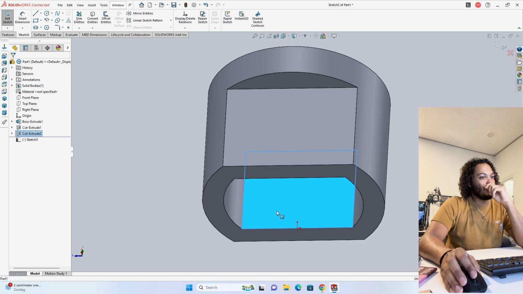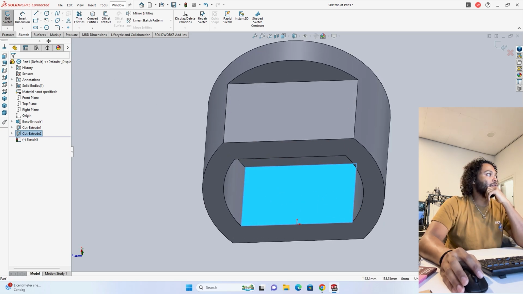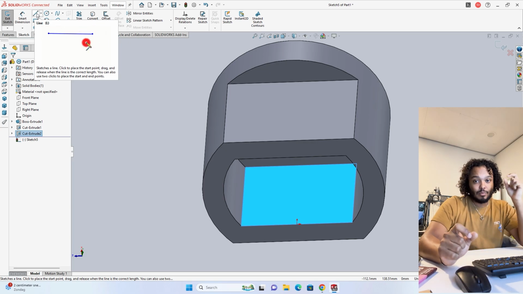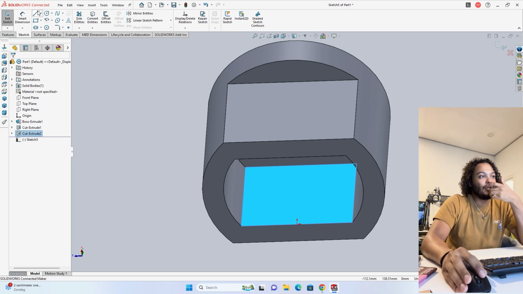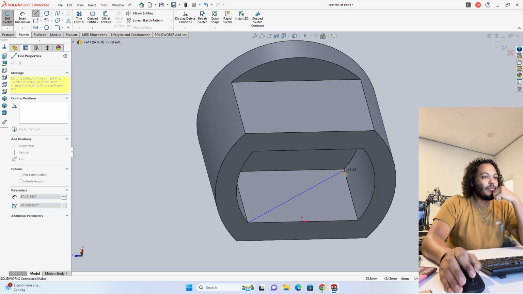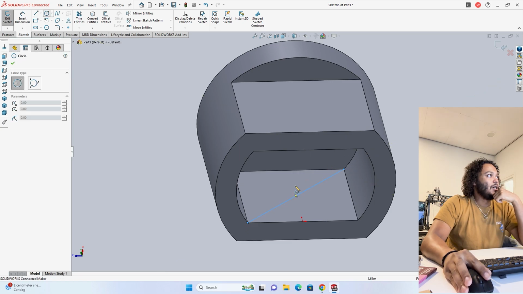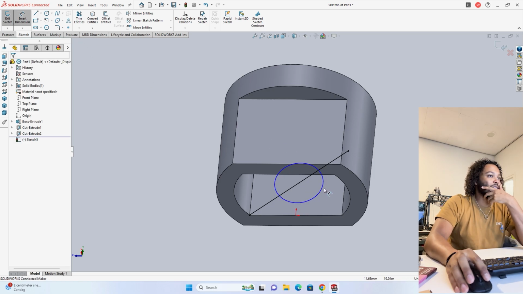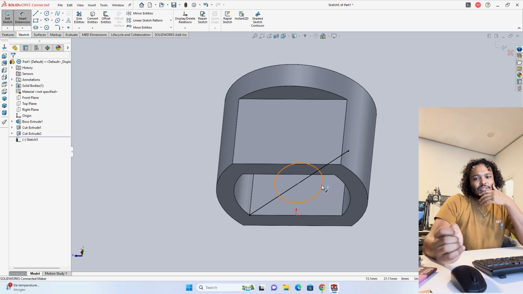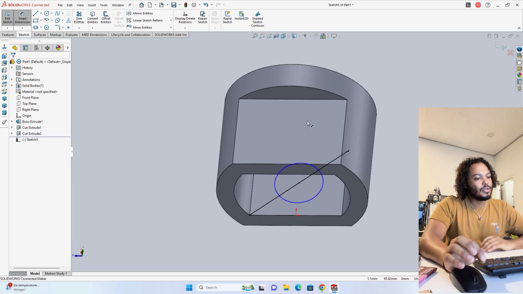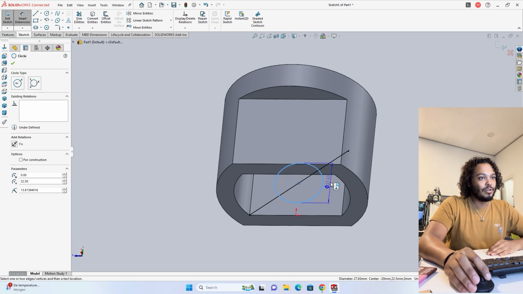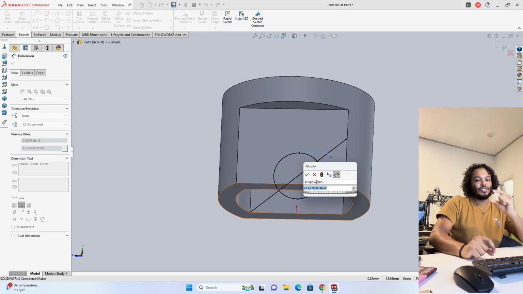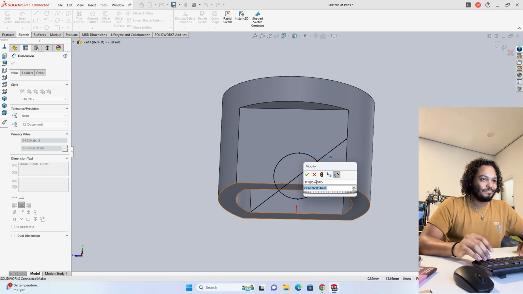So now we have again selected this interior face surface, and we're now going to make also the hole that the connecting rod will actually be able to put the pin for, also through the connecting rod, I should say. And we're going to make a diagonal line from this edge to the other one to find the middle very easily. You could also do it with a straight line, but it's just preferences, I guess. And I also like that about SolidWorks, that it's not too binary. There are multiple ways of going about it and doing stuff, so just find whatever fits comfortable to you. And then for the actual pin for the connecting rod, let's say it should be about maybe 30